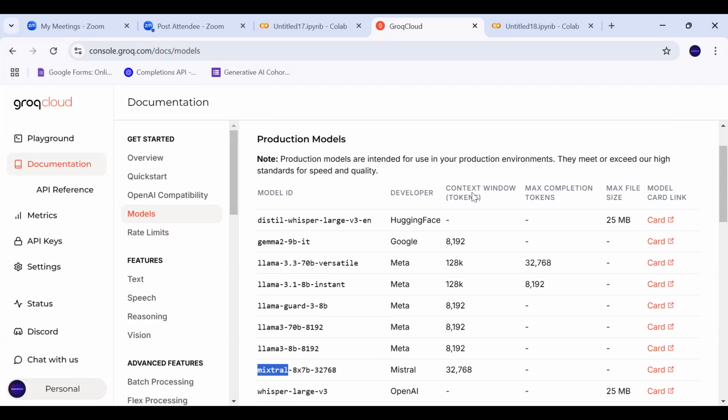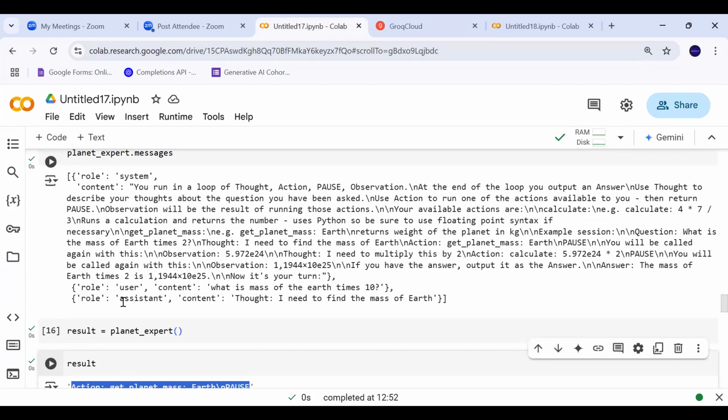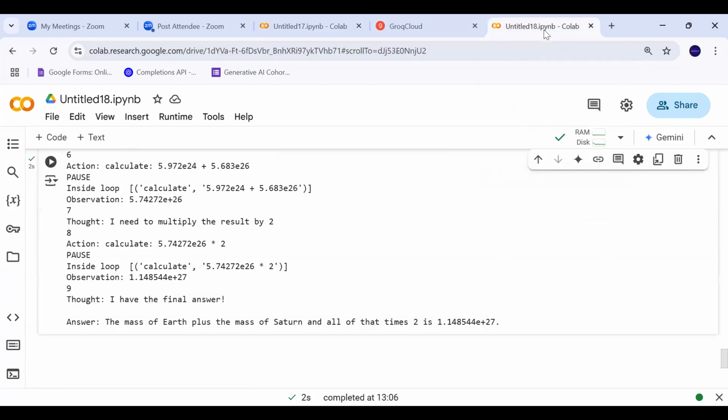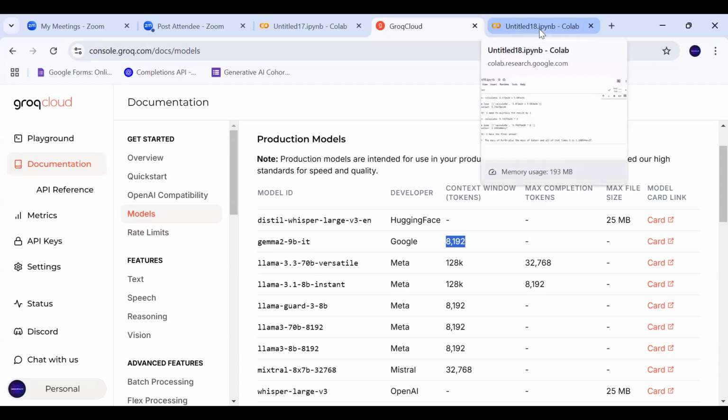Okay. Next is the context window. Context window means when you are passing your instructions, your system prompt and your user prompt. So what we were doing here, we were sending this list of messages, right? When you are sending those messages, then you have some upper cap. For example, if you're using Gemma, then you can only send 8,000 tokens in one request. So if I add my system prompt and the user prompt and everything, then the total number of tokens which I can send in one request is up to 8,192.